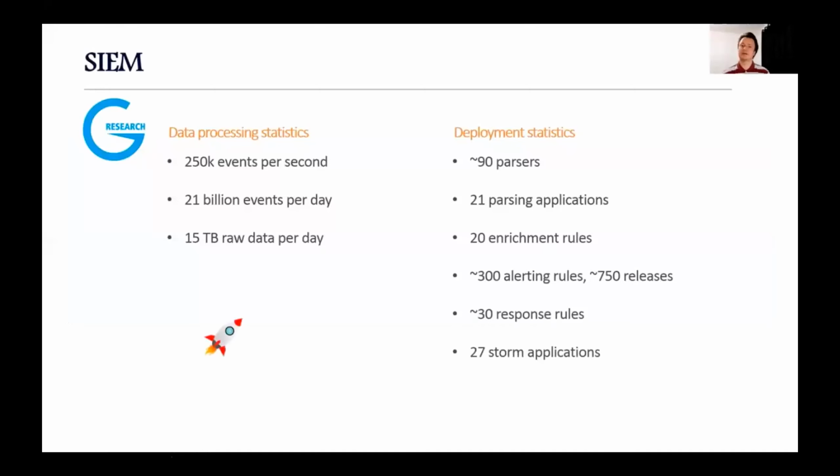250,000 events per second, which means 20 billion events per day, and means 15 terabytes of raw data. We are onboarding 90 data sources and evaluating around 300 detection rules. The rules were released 750 times with an auditable Git history of each release. This is computed and executed in 27 Storm applications, and we believe that Siembol architecture allows us to scale up